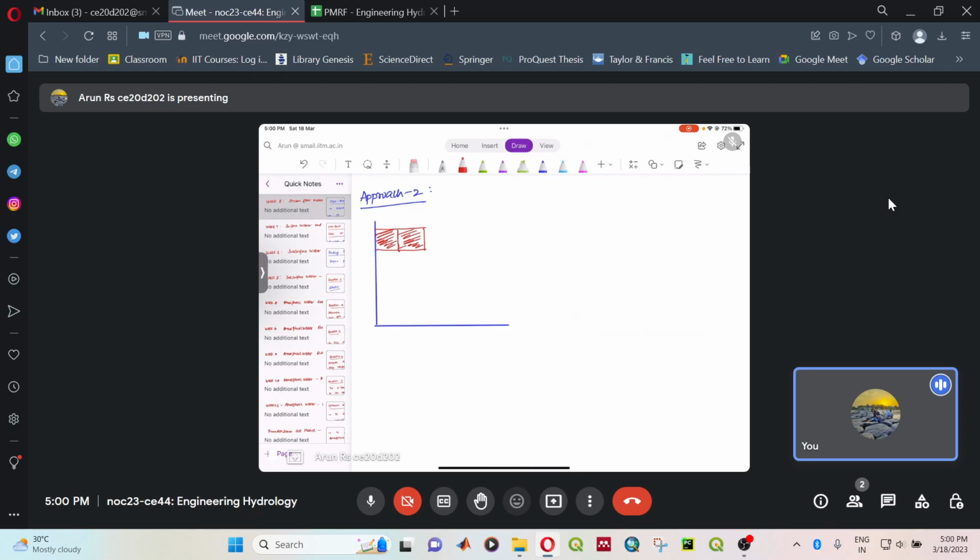Now let us say that you have 2 3-hour durations, and the rainfall excess is 1 centimeter again. So in this case, how your unit hydrograph will look is, for the first 3 hours, you will have a unit hydrograph,